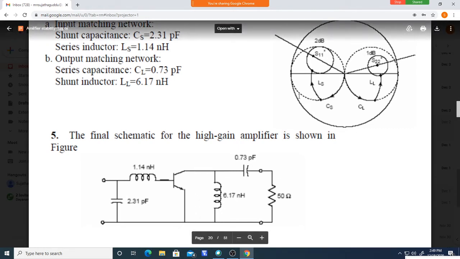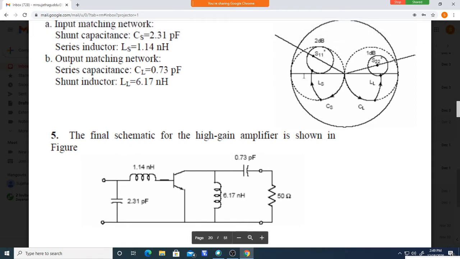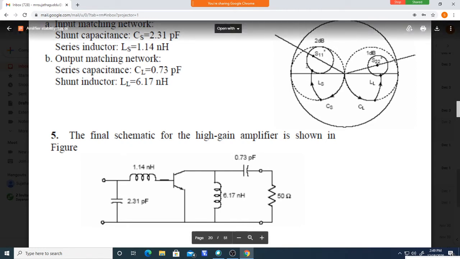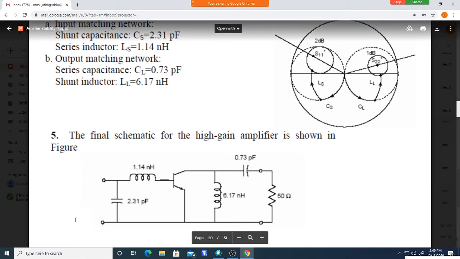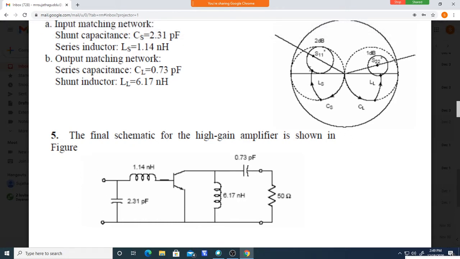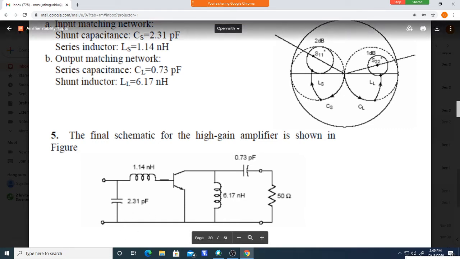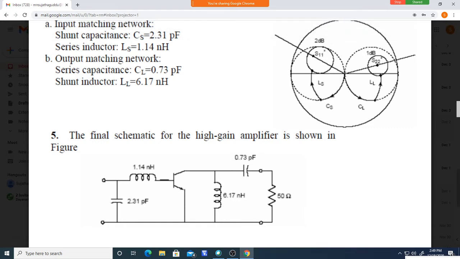Similarly, this one, the input matching network. You take some point on the input gain circle like this. Again, what you have to do from the center, because the load is 50 ohm here, the source impedance is given, that is given here. You should reach this value. Now, see, previously this was given in the L matching network. In this problem, this is given. Okay, the center is given. You should reach this. How do you reach this? You move in the opposite direction like this.